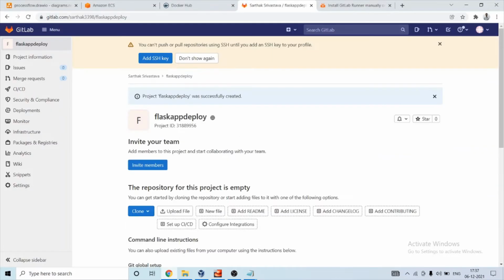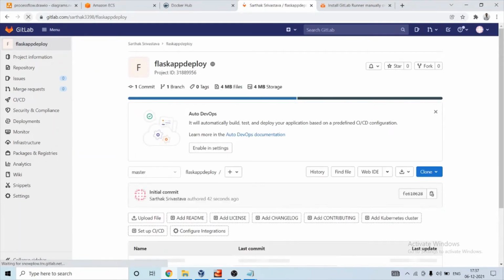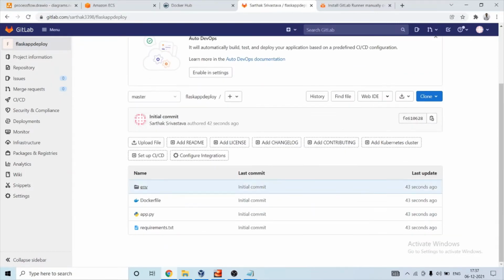So let me check whether all my files have been populated to GitLab or not. Yeah, as you can see, all my files have been pushed here 43 seconds ago.